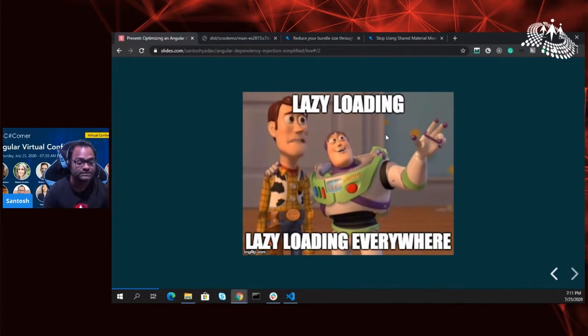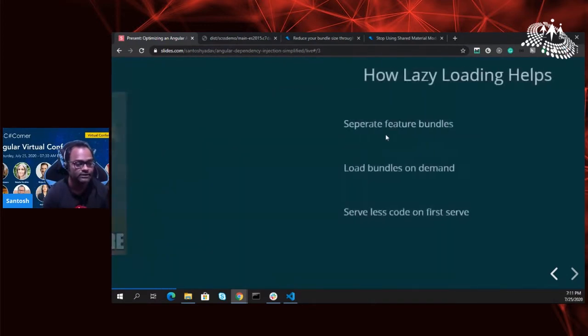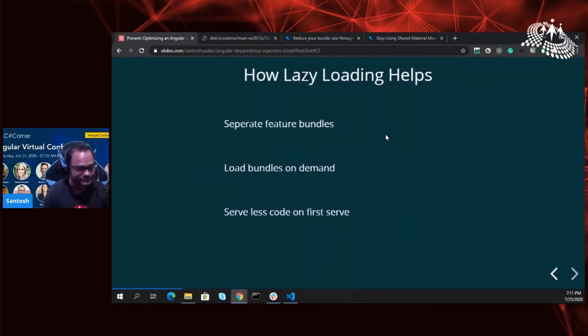The answer in most cases may be no, because in my application it was not there. We tried to implement lazy loading, but we were struggling because we had around 40 modules. Remember, 40 modules means it was not a small application, and it had more than 150 components. So of course the struggle was real. We ended up implementing lazy loading.